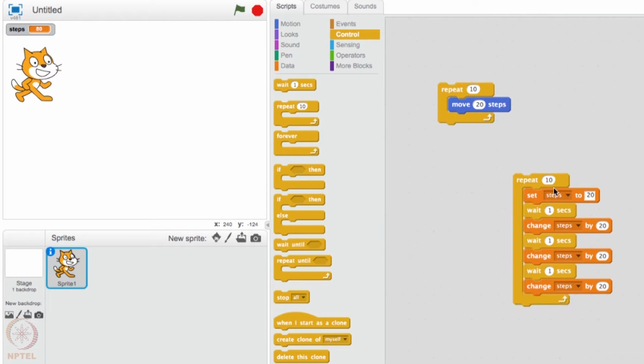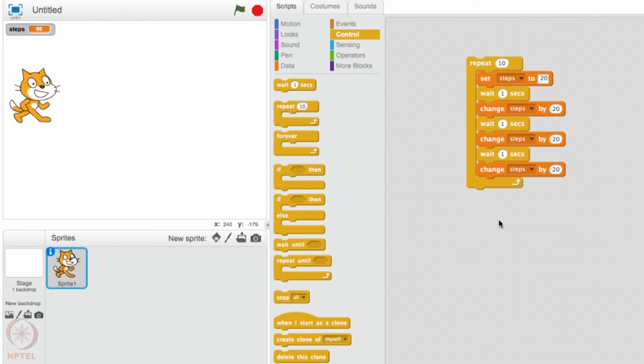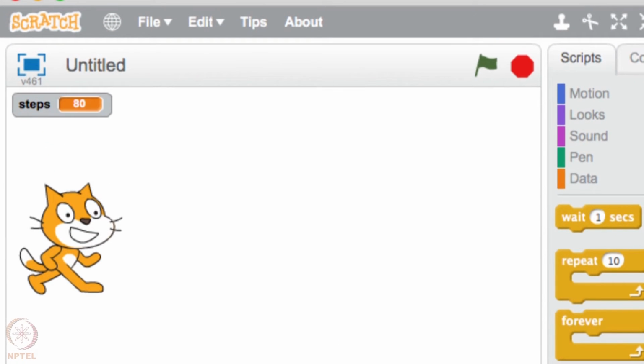Correct? Now, what if I put this in a repeat loop? What happens? 10 times this entire thing gets executed. What gets executed? That sounds very complex, you see. Let me just keep it aside. We are not using this, although we'll soon come to this. Cat, go back. Okay, let me execute this. What will this give me? Repeat 10 times this entire thing. Double click. Let me see.